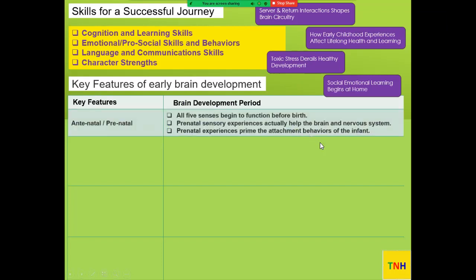If you take a look at the first one, this is antenatal, or prenatal, that is before birth. The embryo, the fetus, those stages are there. And you can see even in there, some development happens. We learned that in the previous videos. So what it says: all 5 senses begin to function before birth. That's true, right? Prenatal sensory experiences actually help the brain and nervous systems. Prenatal experiences prime the attachment behaviors of the infant,